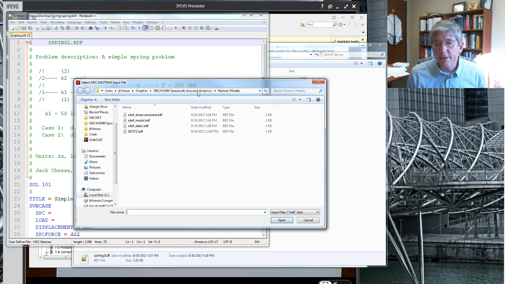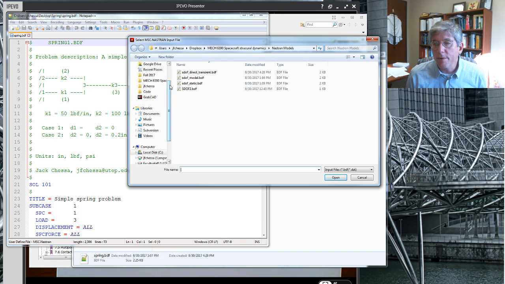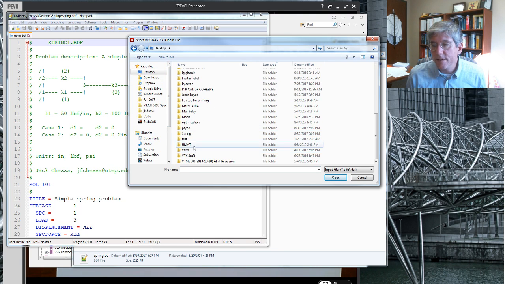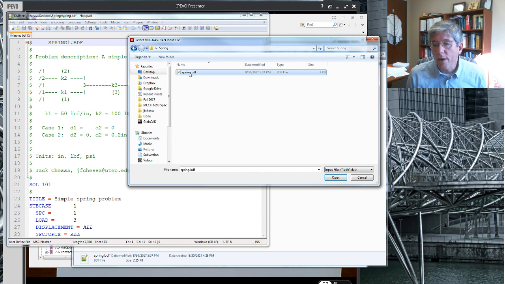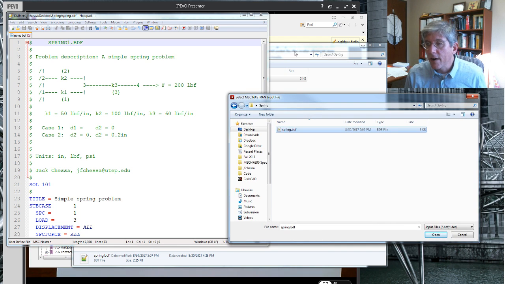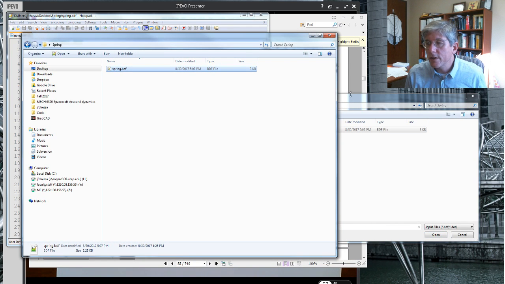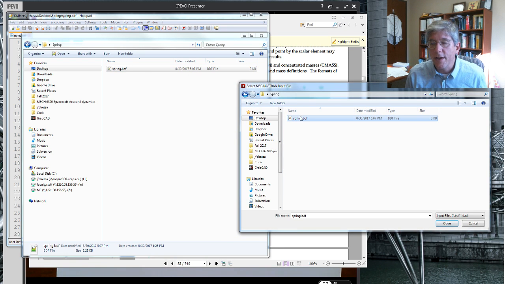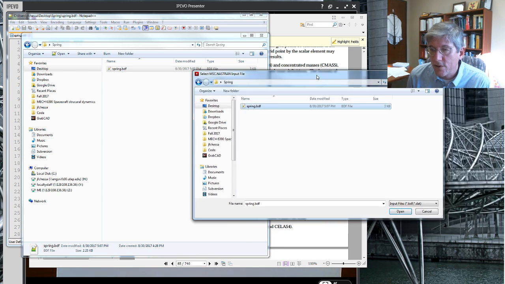So now we're going to run Nastran, okay? So I'm going to go to that directory and pick that input file. And that's all that's going to happen with Nastran, all right? So I'm going to move that over here. Now what I want you to look at is what goes on in that actual directory when I click on this file, okay? So when I click on this, it's going to say take this input file and solve it in Nastran. So here's the Nastran program itself. Not much going on. We're going to open it